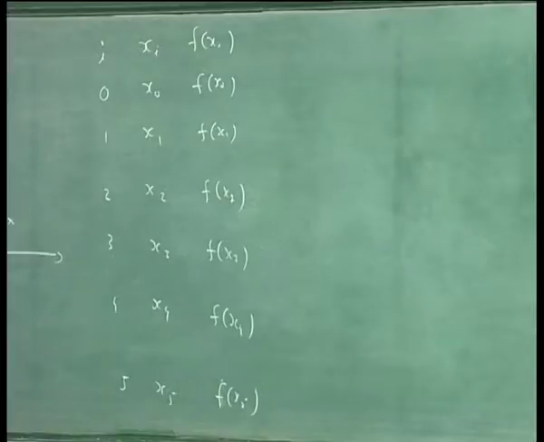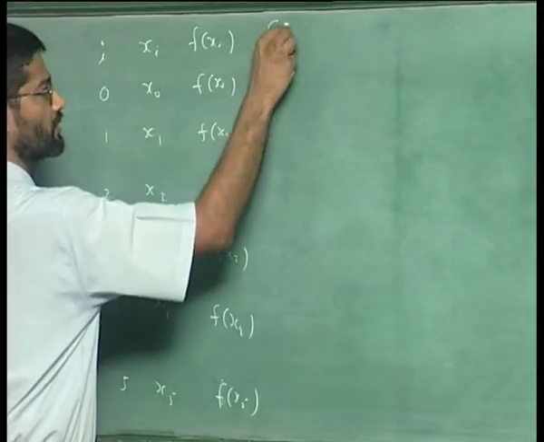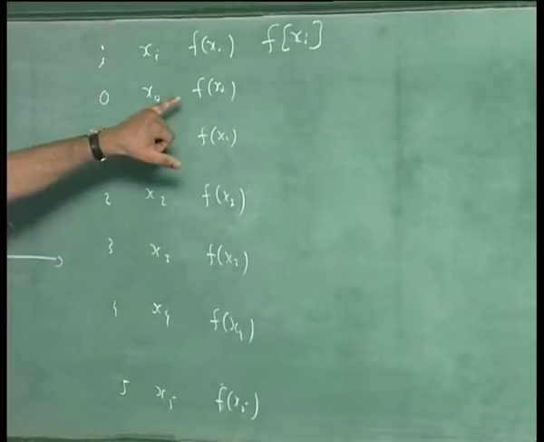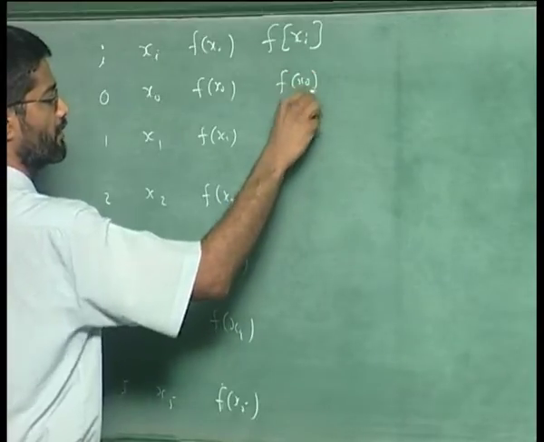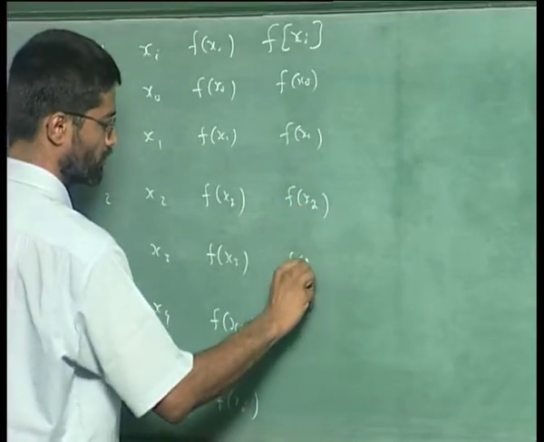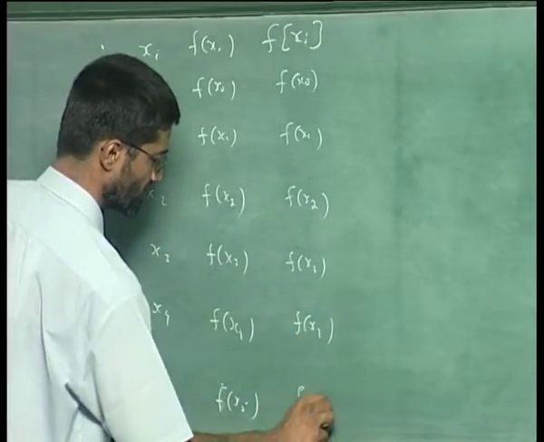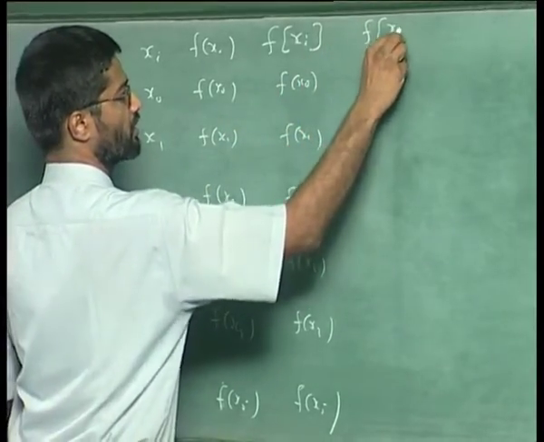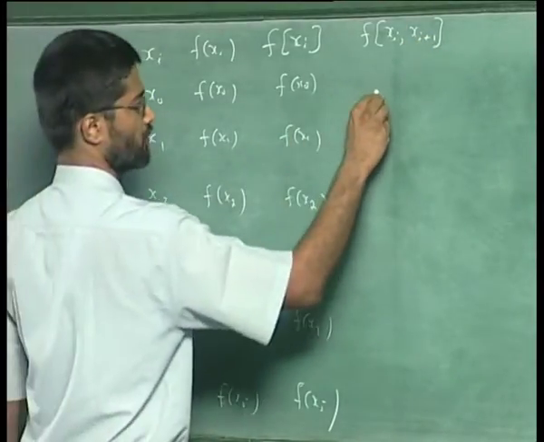Okay, so now this was given to us in the form of a tabulated set of data, and then we could construct these coefficients. The f of xi's are basically the data points themselves. So, that is the same as f of x0, f of x1, f of x2, f of x3, f of x4, f of x5. So, that is f of xi, and then we had f of xi plus 1. That is the next term in the table, and which we said is given by